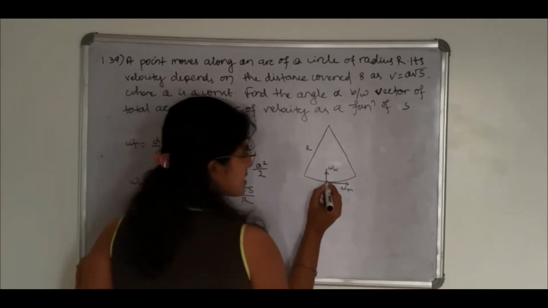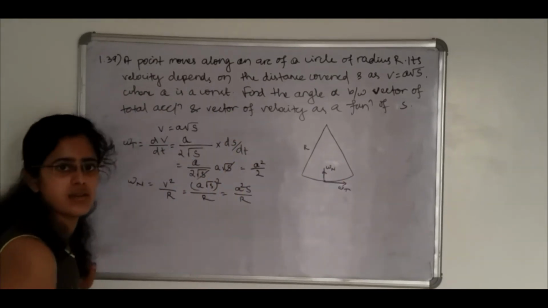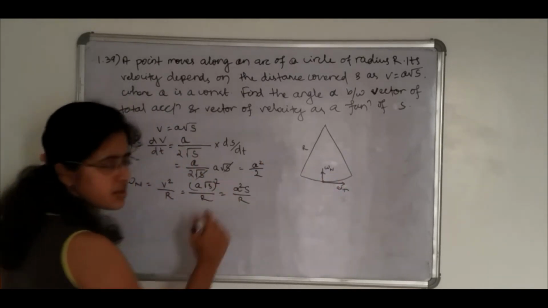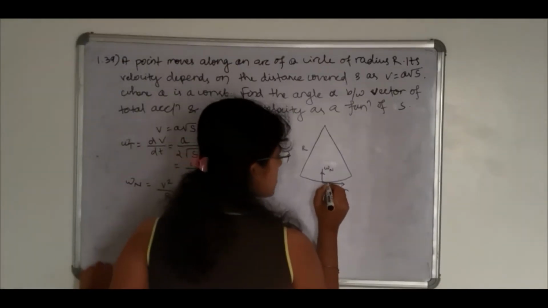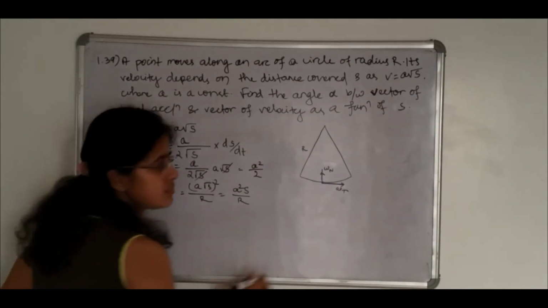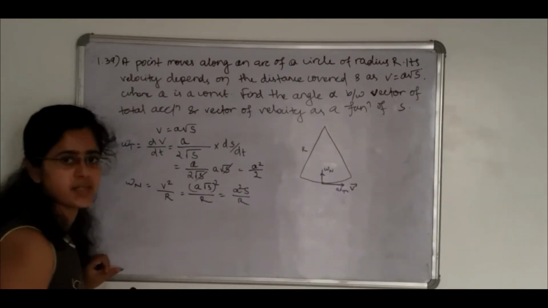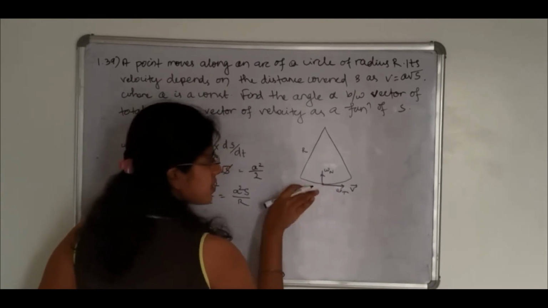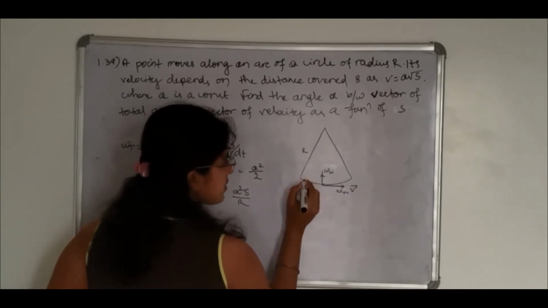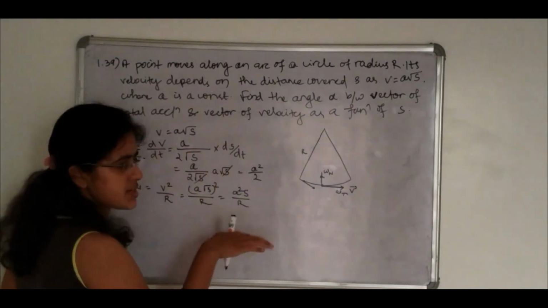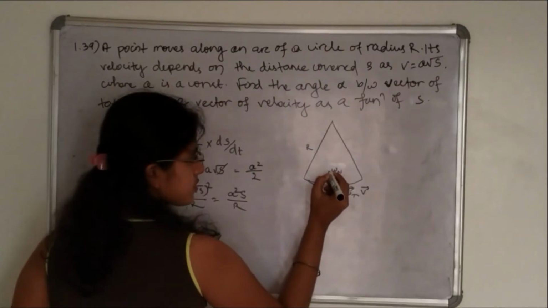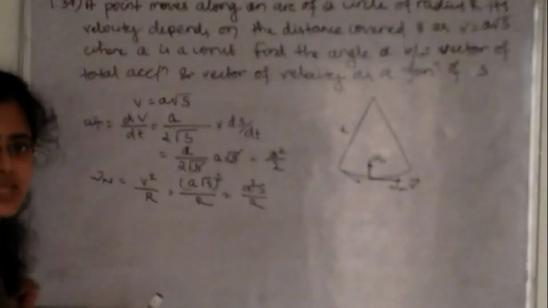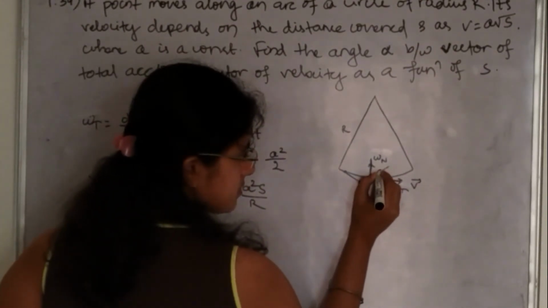So tangential acceleration is along the direction of velocity, because tangential acceleration is positive here and the point moves along the arc of this circle. That means the velocity is in this direction also. So this is the direction of the velocity vector. If I consider this point, velocity is in this direction. If you consider this point, then velocity will be in this direction, always tangent to this arc. So this is omega n and this is omega t. The resultant acceleration will be in which direction? In this direction somewhere.